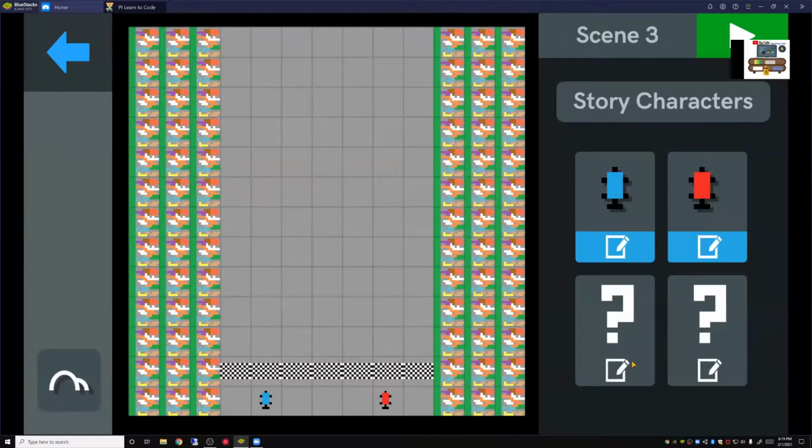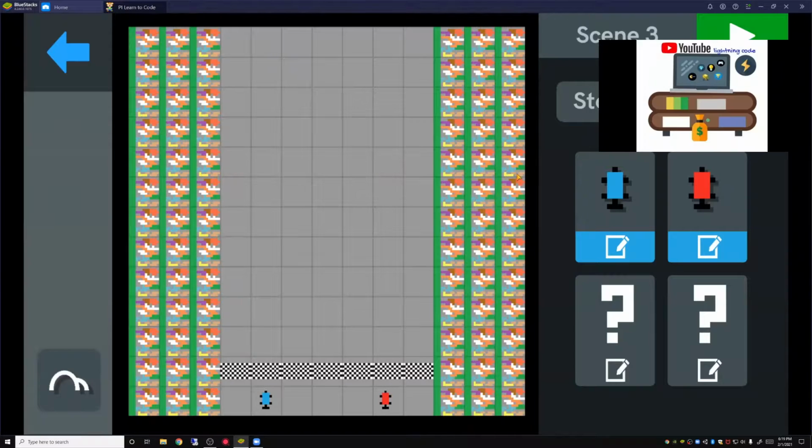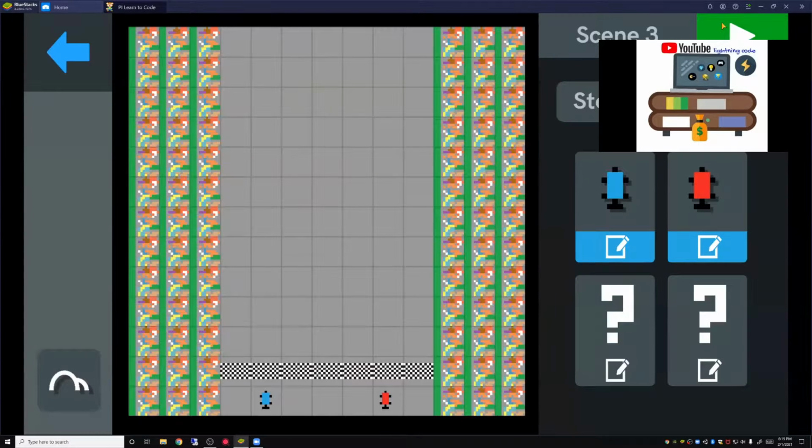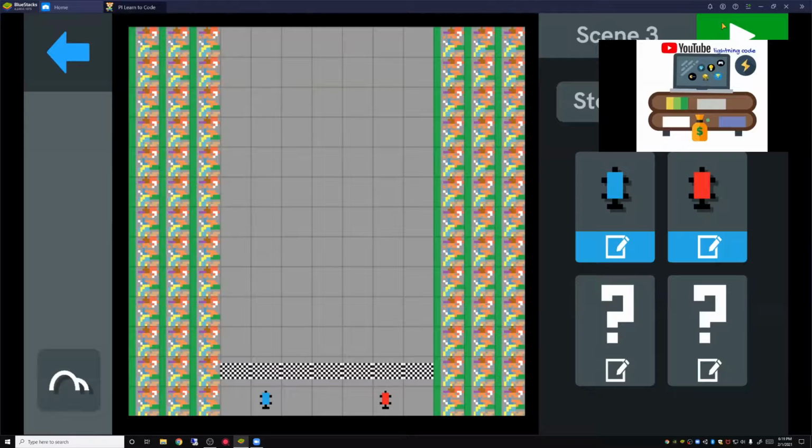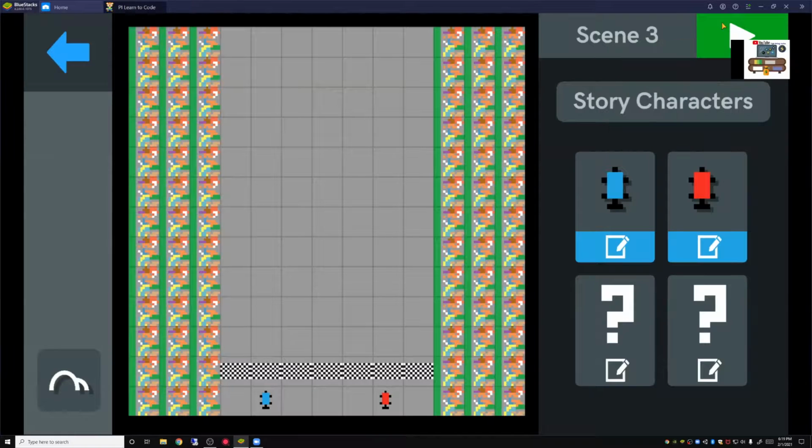Okay, and I'm not sure which should win. I'm just gonna look at this. What color is more there? I think red will win. So I'm just gonna make it so that red wins